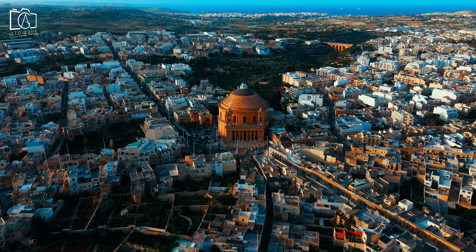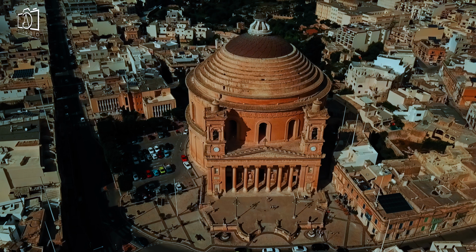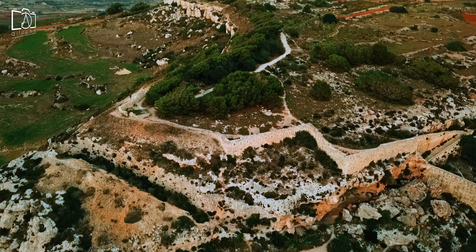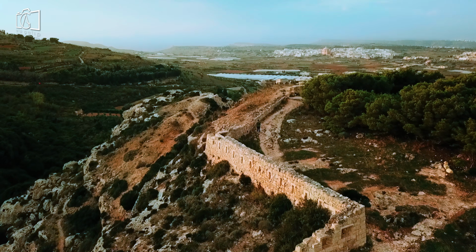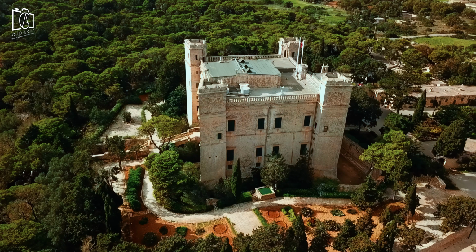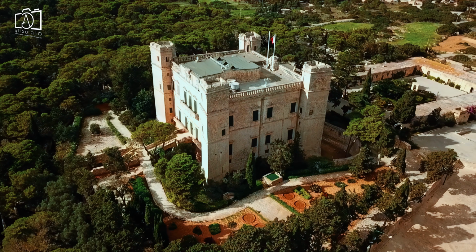In Mosta Dome, Rotunda of Mosta, I admired the massive church dome, which miraculously survived a World War II bomb attack. Hiking along the Victoria Lines, an old British defensive wall stretching across Malta, I was rewarded with stunning views of the island's countryside. Lastly, I explored Basket Gardens, Malta's only natural woodland, offering a refreshing break from the island's rocky landscapes,